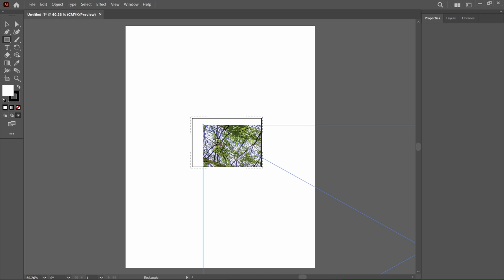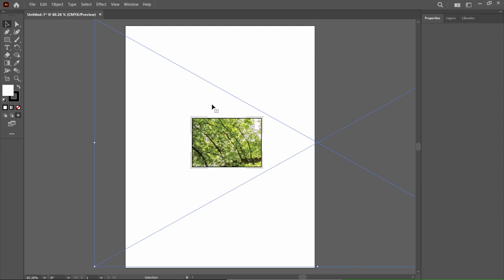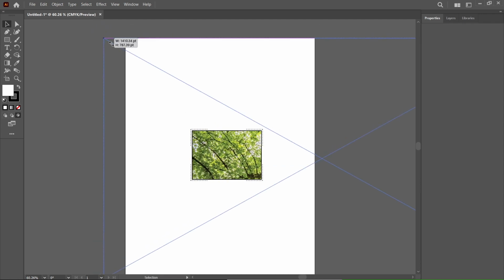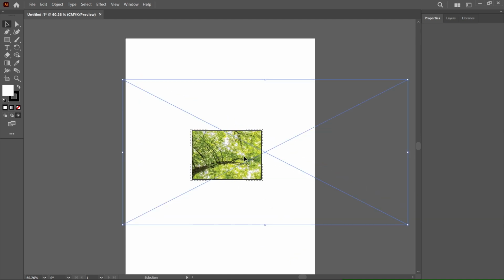So let me arrange the image size. So first you simply need to click on this selection tool, move that shape. So I want this part of the image. If you want, you can make image smaller by holding this like this. So this one is great, and once you select it,